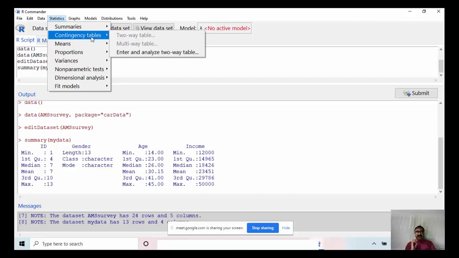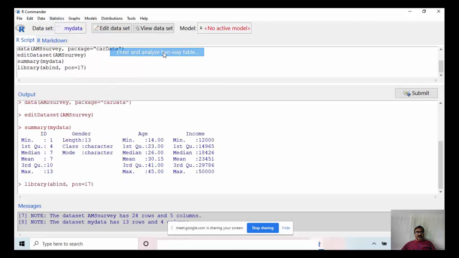Mostly we get this data set as secondary data sets. So it is available from different books or journals. So that can be analyzed here, but those cannot be analyzed by using SPSS, or that is a little bit difficult. But here, there is an option, contingency tables, where I enter and analyze a two-way table.